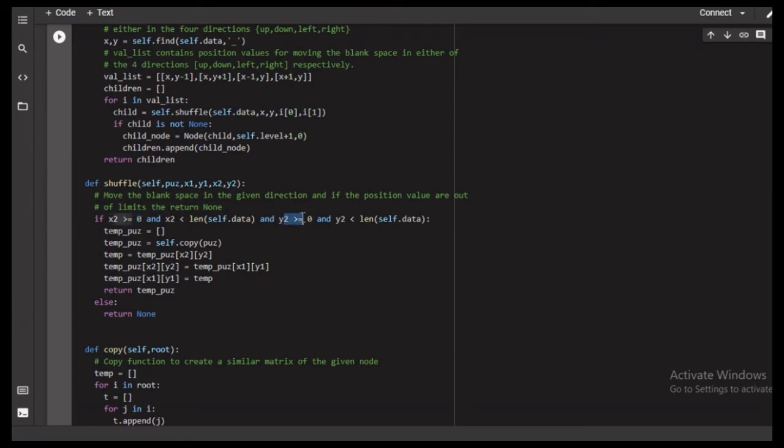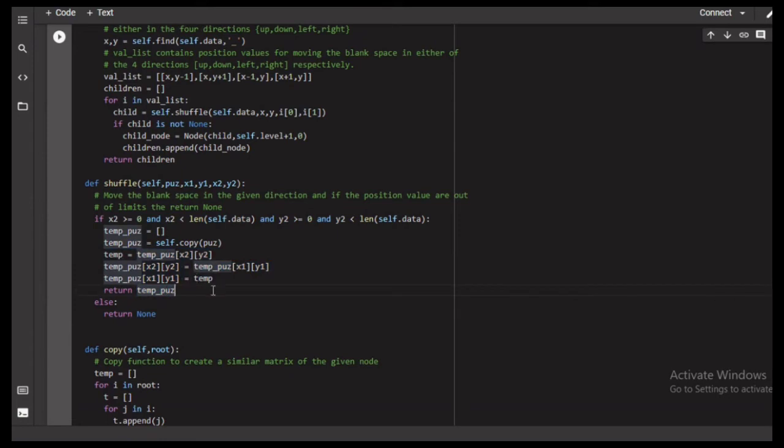Then we initialize a temporary puzzle, find the empty tile with the given position, then simply swap the empty tile with the given x2, y2 and return the temp puzzle as the resultant matrix. And if it is not possible, that is, if this condition is false, then we simply return none.